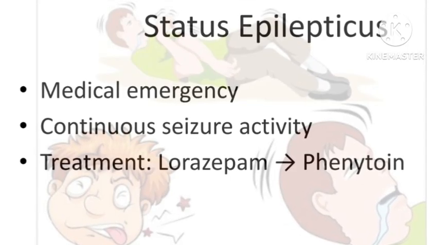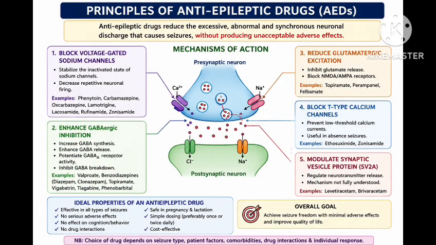Next, the principles of anti-epileptic drug therapy. Before learning drugs, we should understand the important principles. First, we want to start with a single drug. This is called monotherapy because fewer side effects occur. Next, start with a low dose, then gradually increase it. Never stop suddenly. Sudden withdrawal may trigger severe seizures. And the drug selection depends on seizure type. Next, long-term compliance is essential. Many patients stop medicines after feeling better, then seizures return. Patient counseling is very important.